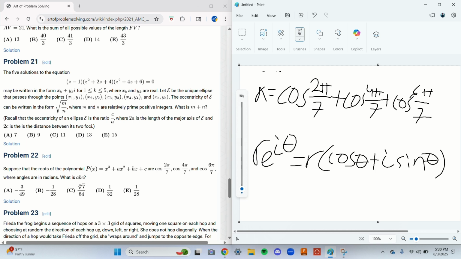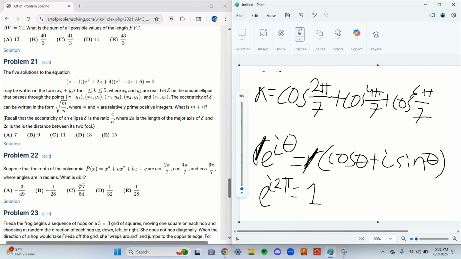Since we're dealing with 1, we can just disregard the r since it's going to be equal to 1 anyway. So e to the power of i theta equals cosine theta plus i sine theta. Okay, so now, what are the 7th roots of unity? Well, what's the 0th root of unity? So cosine of what equals 1? Well, cosine of 2 pi equals 1. So theta would equal 2 pi. So if we have e to the power of i 2 pi, that's just going to be equal to